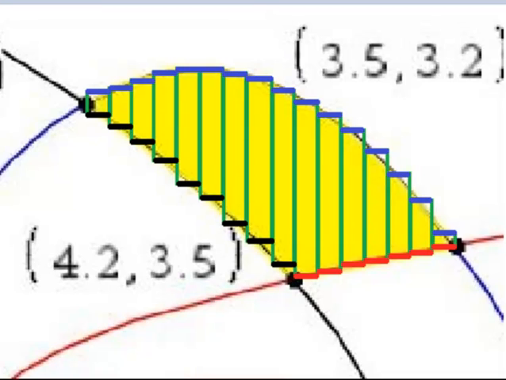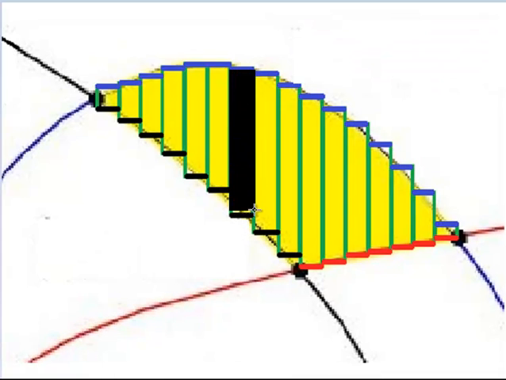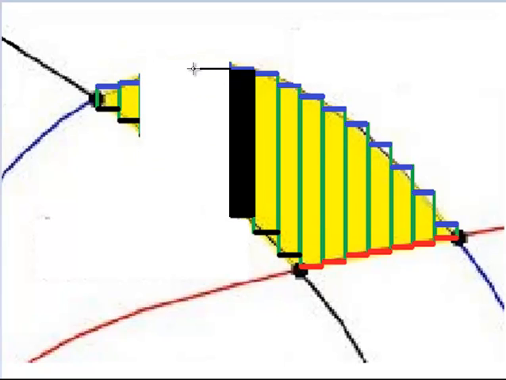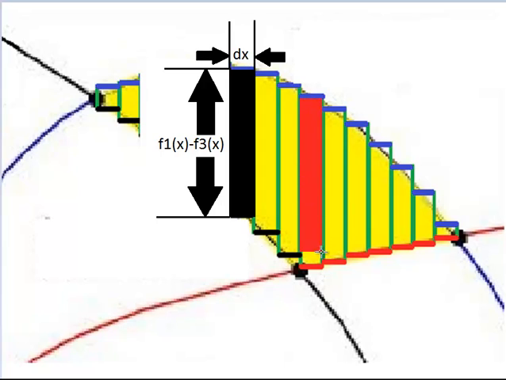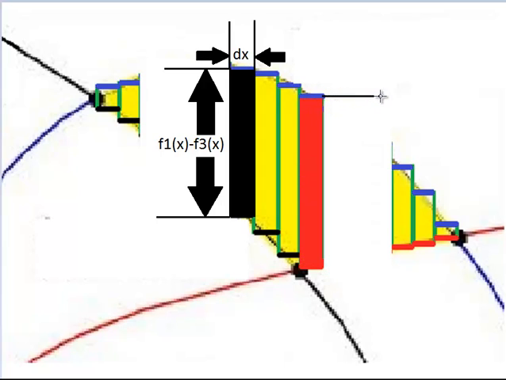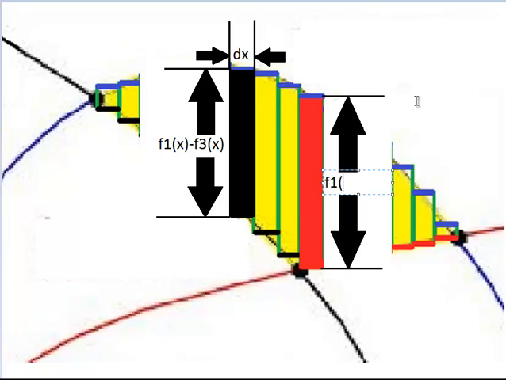A rectangle area is always length times width. For the rectangles on the left-hand side of the region, their length is determined by upper y minus lower y, or what becomes f1 of x minus f3 of x. Their width is dx. As far as the rectangles on the right side of the region, their length is upper y minus lower y, which becomes f1 of x minus f2 of x, times their width of a dx. Okay,